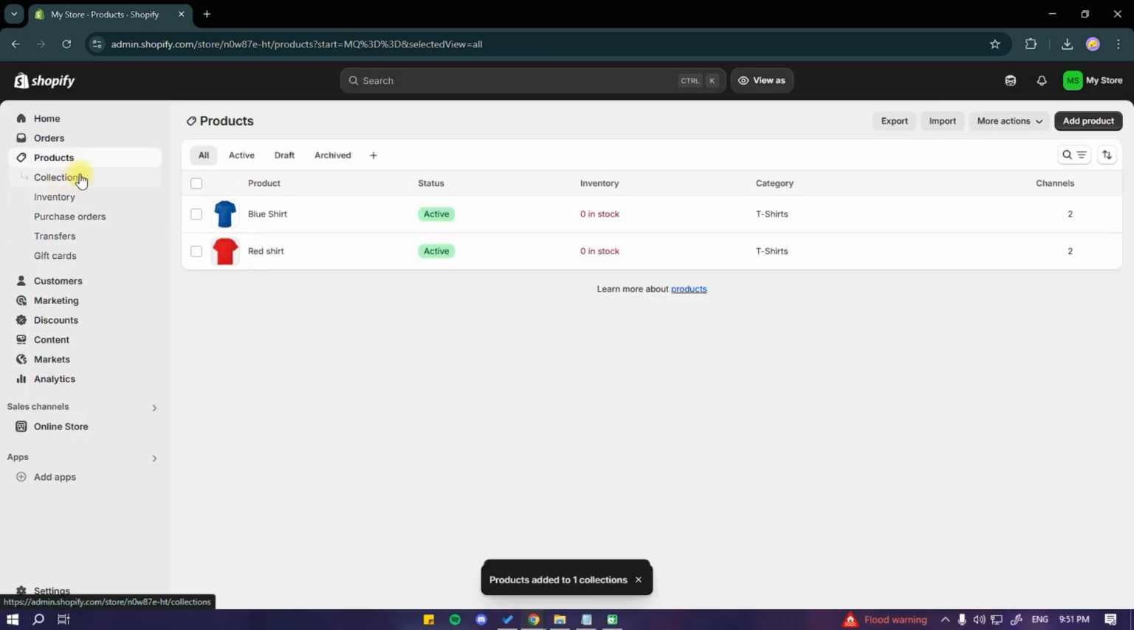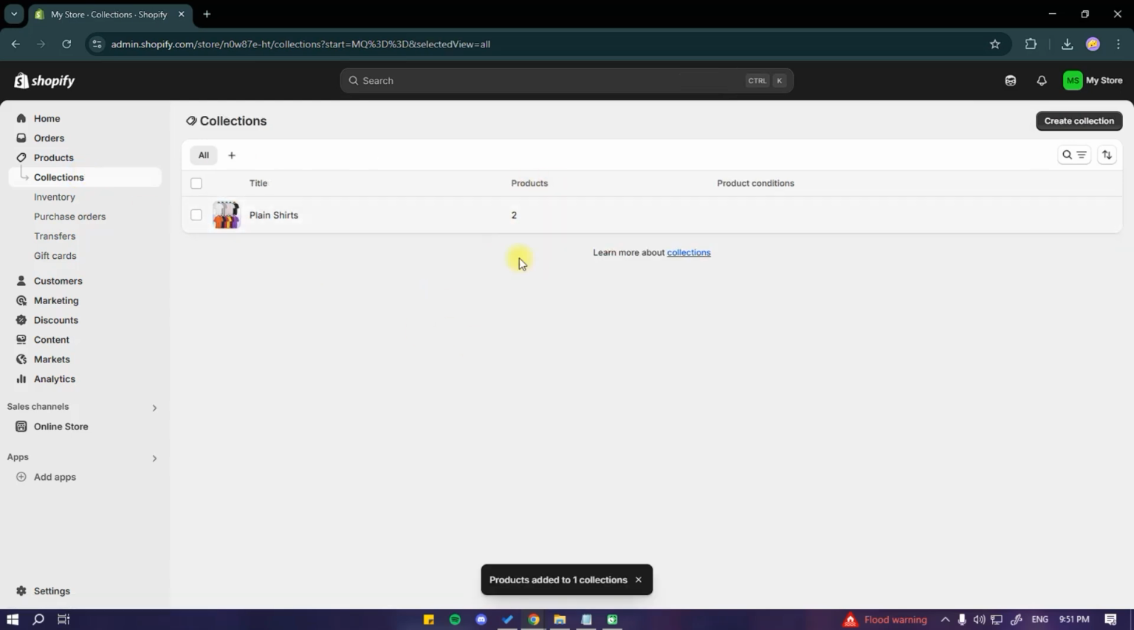Once we go back to the collections page, it should now have the number of products shown in here. And that is how you can basically add product categories in